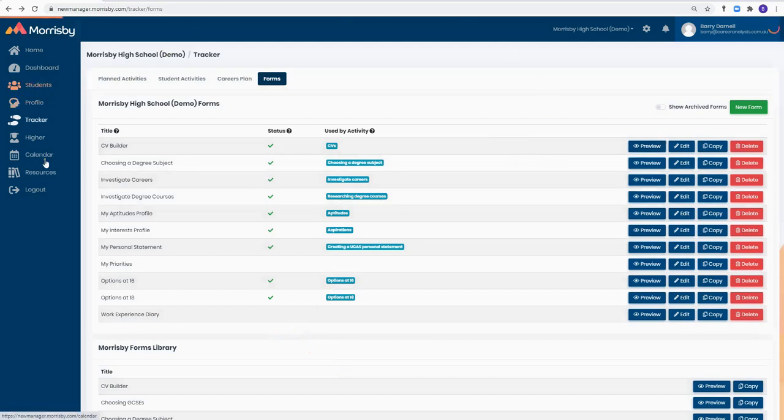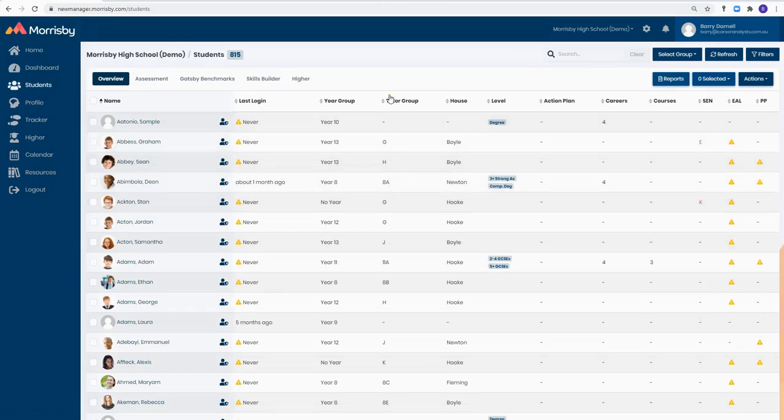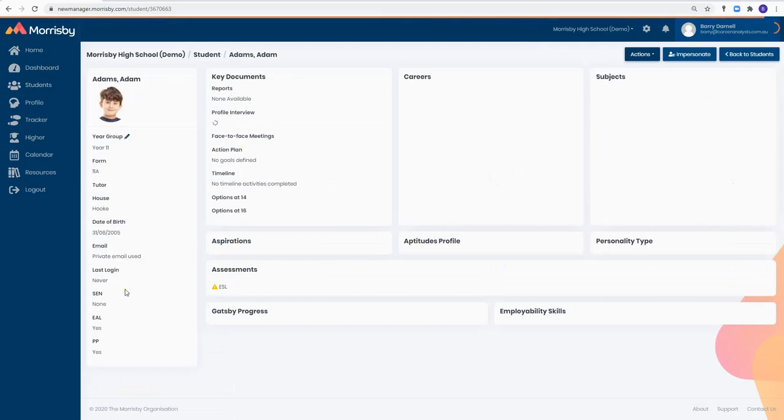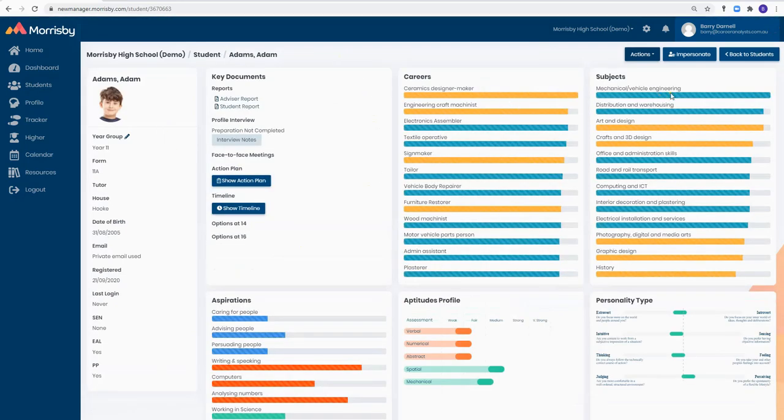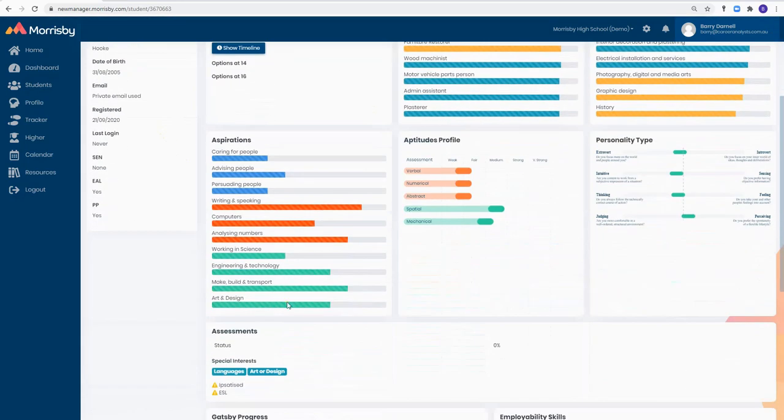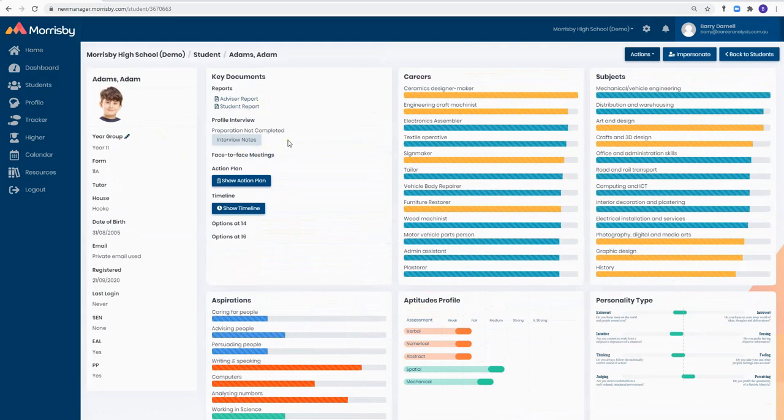So I'm going to go back to students, and you see here it's got tutor group and house, etc. That's all because Tracker is linked into the management information system in the school, so there can be an interchange of information. Again, something that's easy to say but harder to actually achieve. I'm going to go to Adam. If we click on Adam, we have a summary of who he is, information around the careers, basically just a summary of the student. You'll get this, everybody gets this. If I impersonate him,